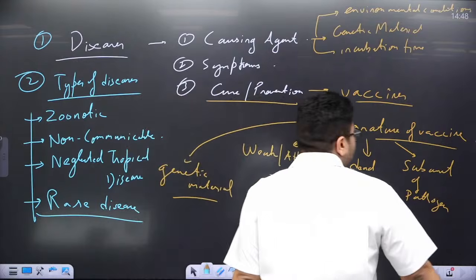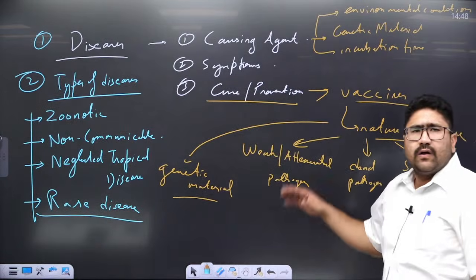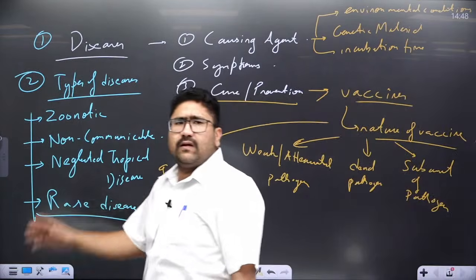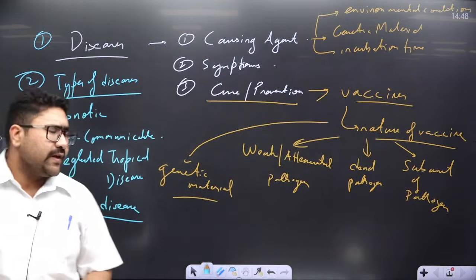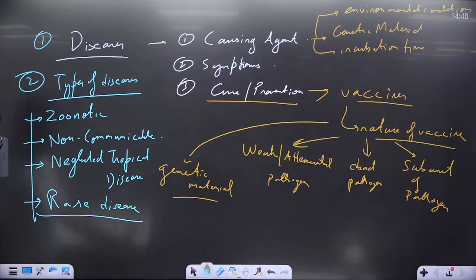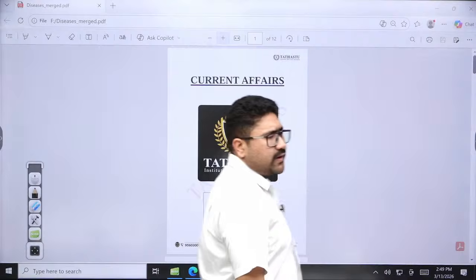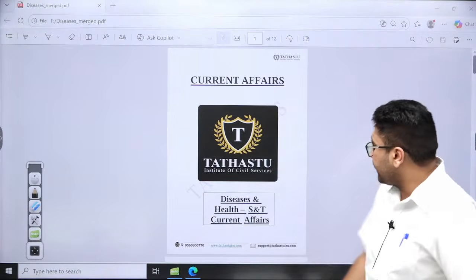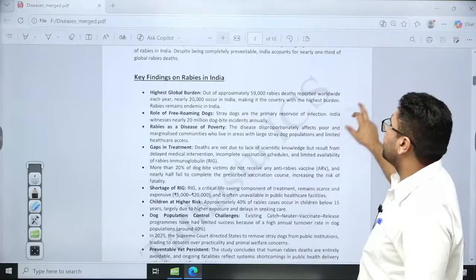Now those are the few basic points that I wanted you to keep in mind while taking the current affairs classes or while revising your own current affairs. After this, we are not going to study anything, we are just going to go through those articles that are there in the news for the past 1 year related to diseases and health. Now let's start with the first article, that is about rabies.